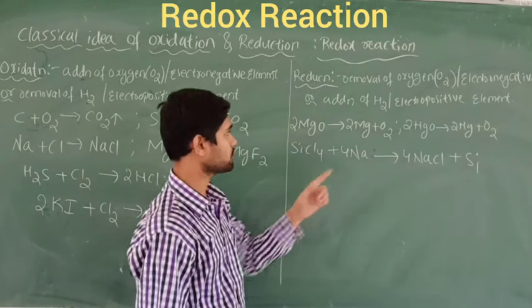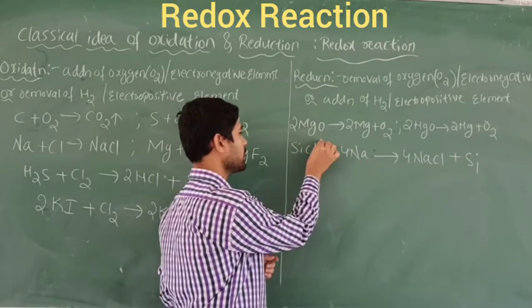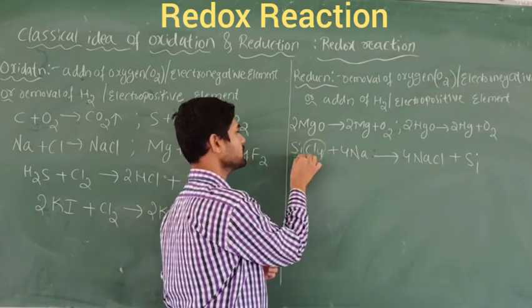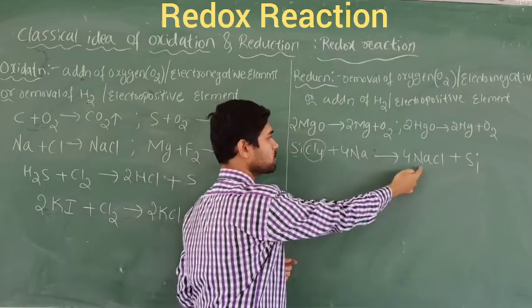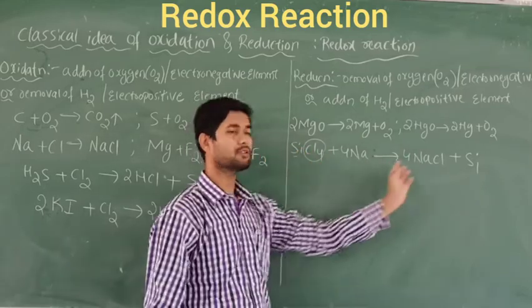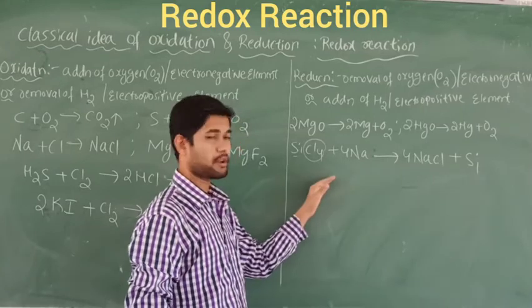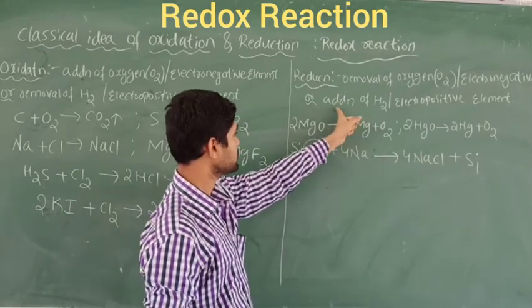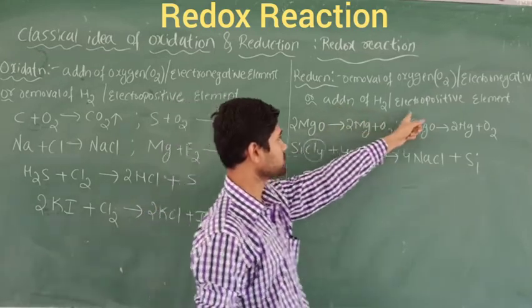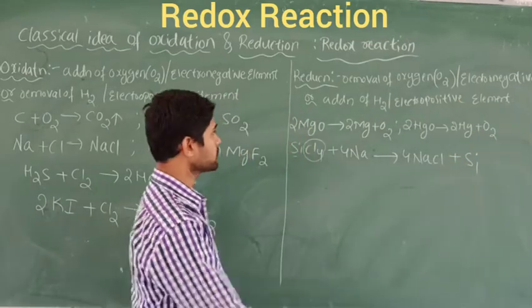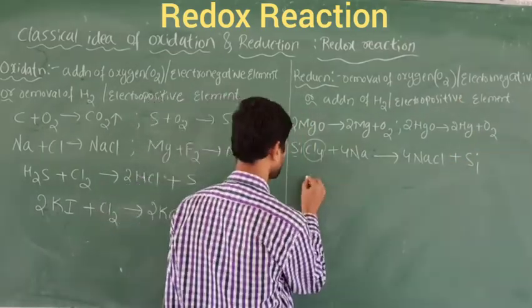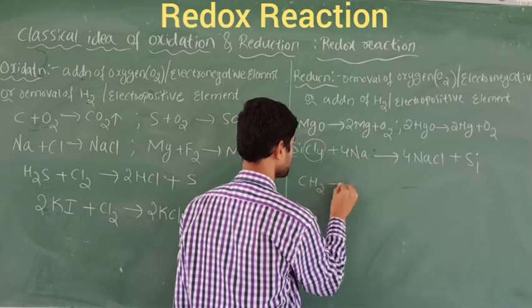So according to the statement, we are removing the electronegative element from this substance, forming the new compound, and the silicon is being removed here. Let's take a few more examples on the definition of addition of hydrogen, or addition of the electropositive element. Addition of hydrogen means, now I am going to take a simple compound, CH2